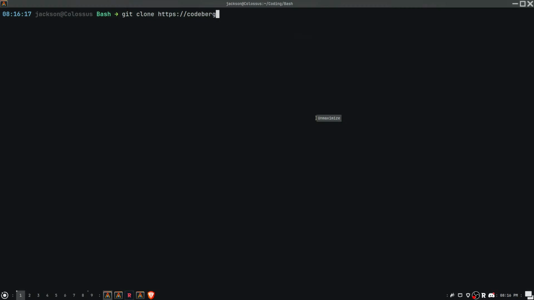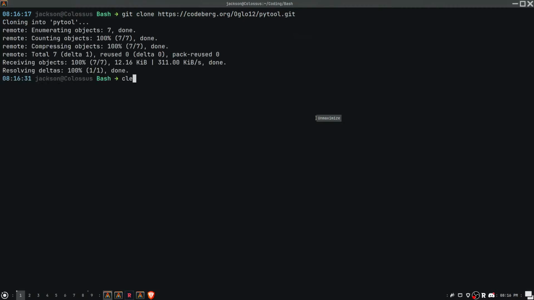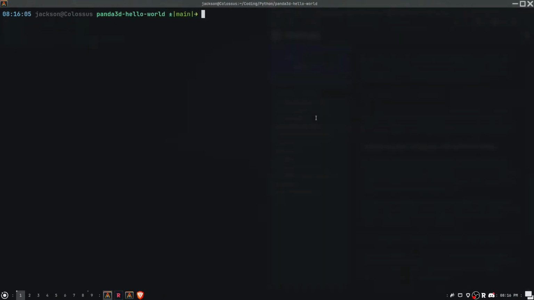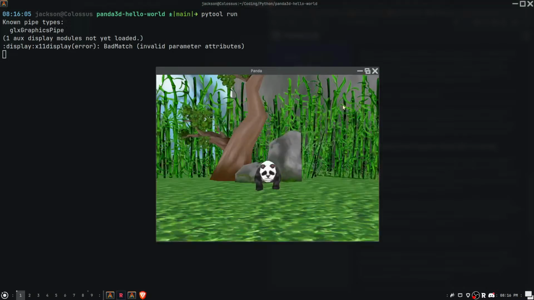So I'm just gonna clone this. I'm gonna sudo ln -s /home/jackson/coding/bash/pytool to /usr/local/bin/pytool. Put in my password, and now I should be able to use PyTool. So if I pytool run,